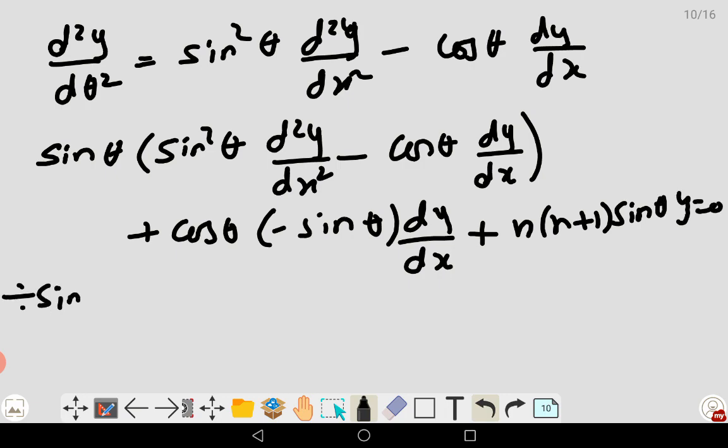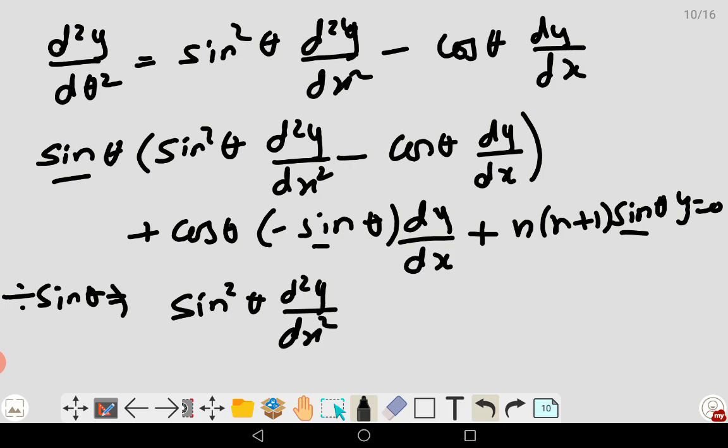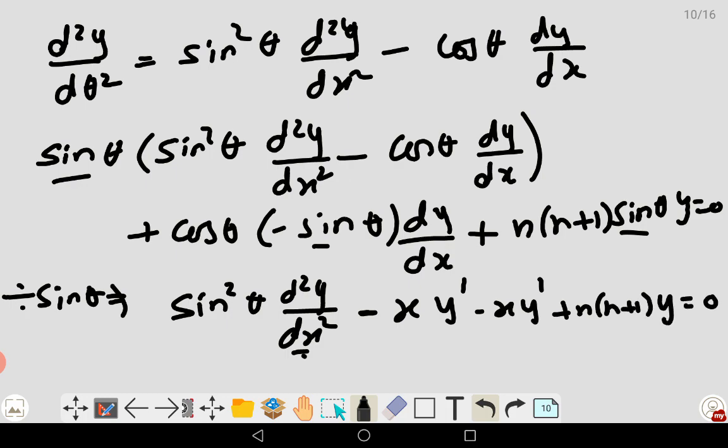Divided by sine theta. Everywhere there is a sine theta. Here a sine theta, here a sine theta. What you get is sine square theta d square y by dx square, which is y double prime, you can write this time, minus cosine theta. Cosine theta is given as x in the problem, x into y prime. This is negative again, x y prime plus n into n plus 1 y is 0, and we know